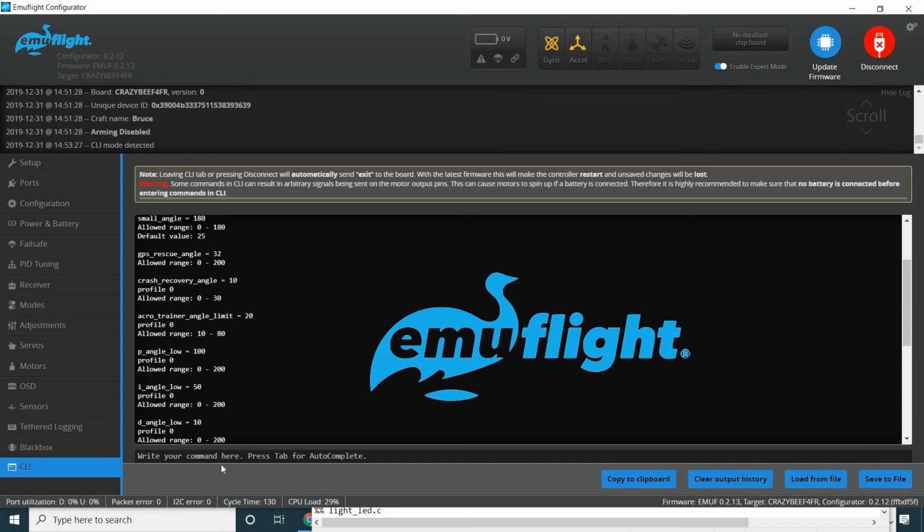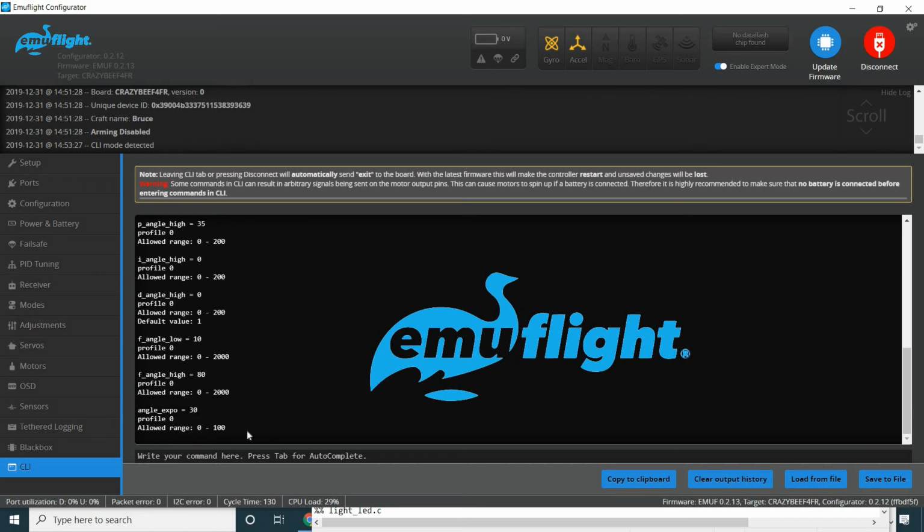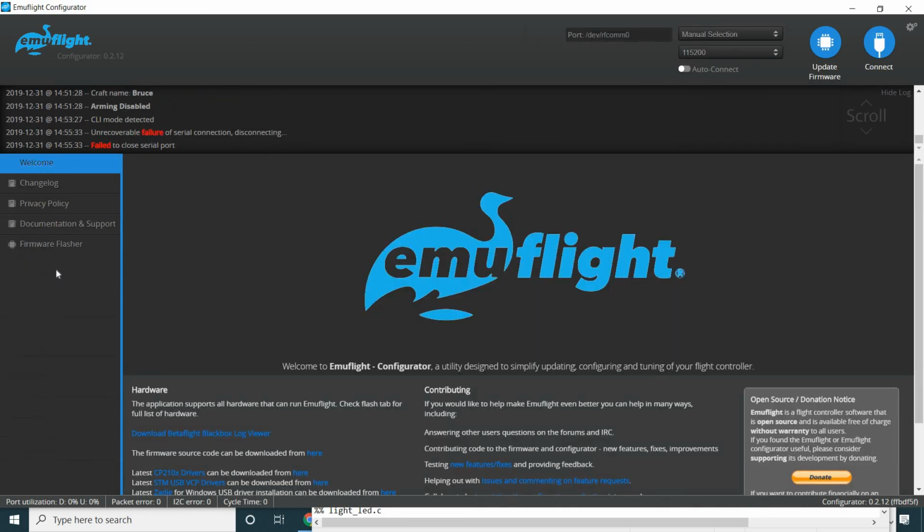Give that cinematic setpoint a test. Even if you hate the way it feels, I'd love to know if it actually does its job of smoothing things more when you really kind of bash the sticks. For me, I ran it really high. You saw I had F at 200 and I ran 0 for the feed forward transition. And to me it felt sluggish, but in a weird way,